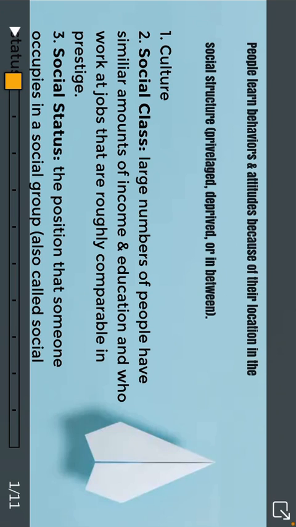Now, the third one is social status. This refers to a position that an individual occupies, right? A status can carry a great deal of prestige. It could be a judge or an astronaut, or very little, like a gas station attendant or a cook in a fast food restaurant, right? Everybody occupies